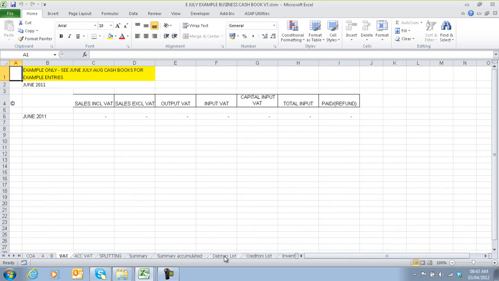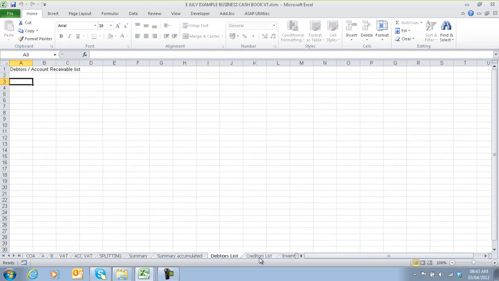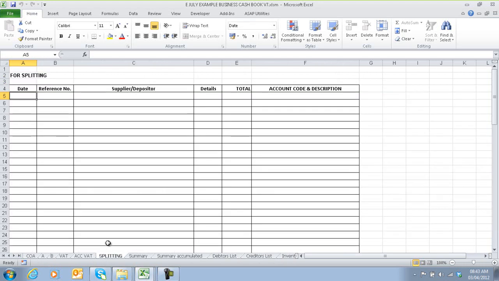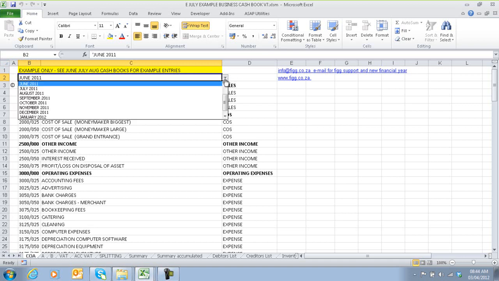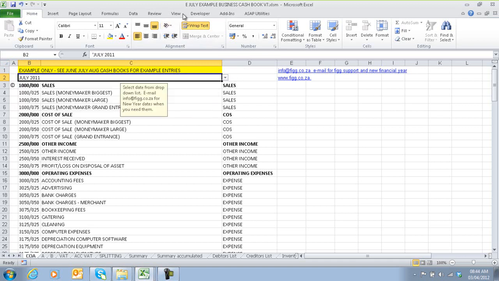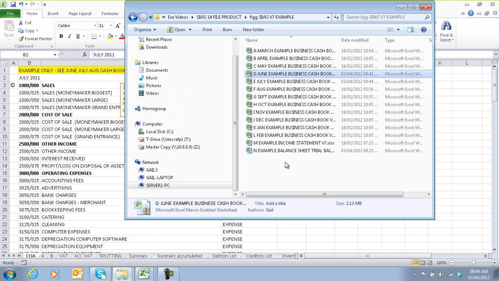It will carry over any customer names that you've entered in your debtors list. In this example, we didn't enter any, so there aren't any, and any that you've entered into your creditors list and inventory list. Make sure that you've remembered to empty the splitting worksheet, to delete the transactions that may still be in there, and then change the date on the COA worksheet to agree to the name of the cash book file, and save. You will then open the income statement,